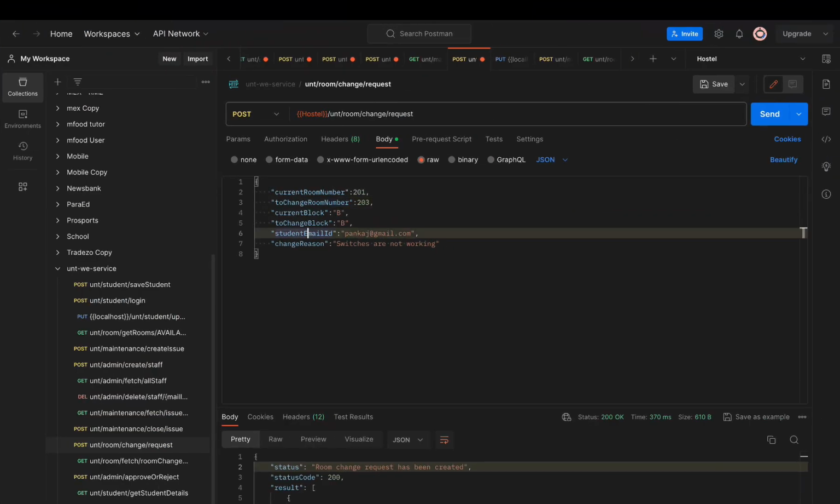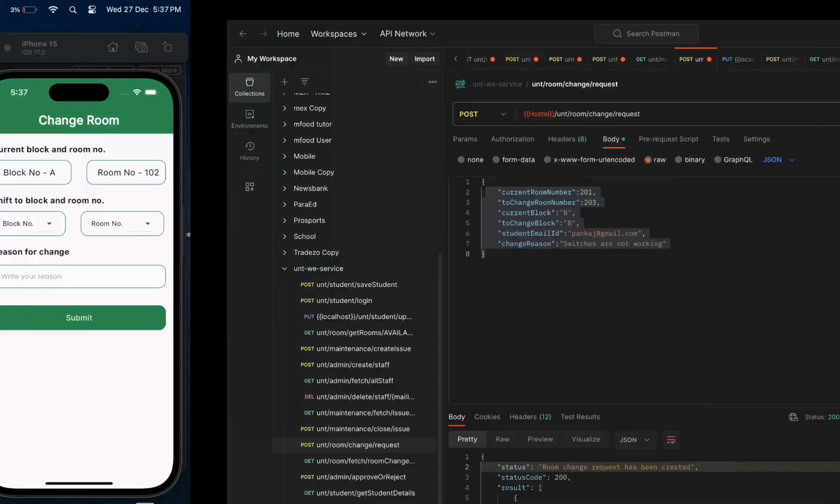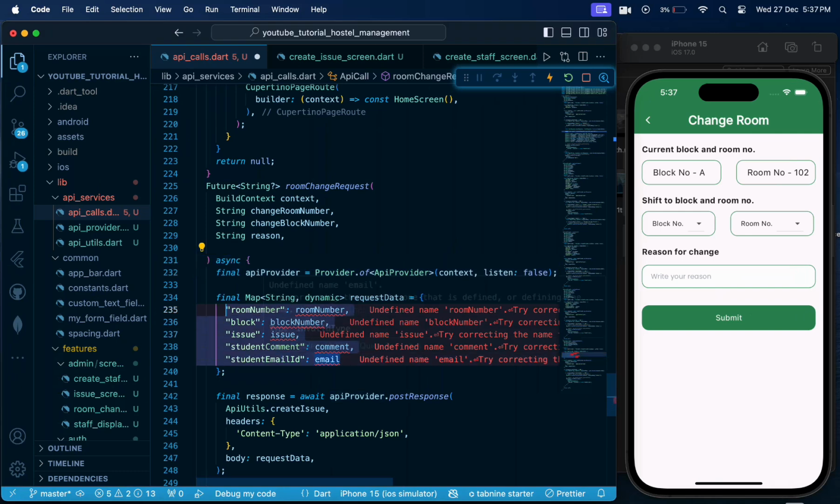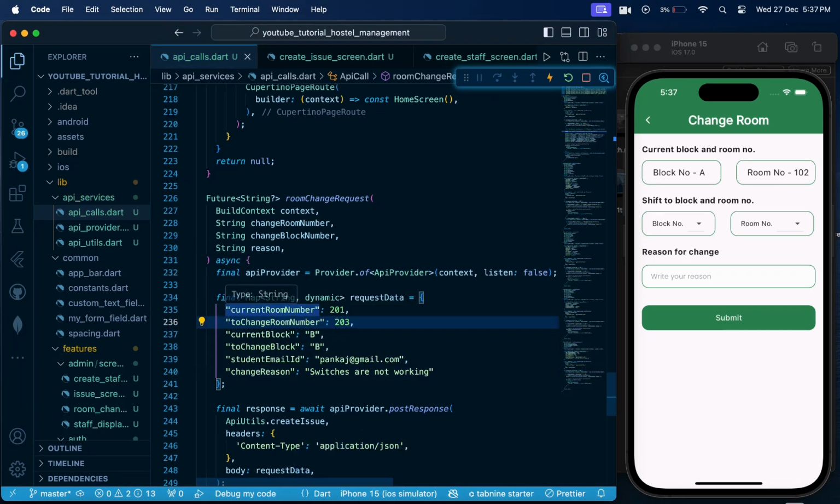Okay, so we require these three things only,